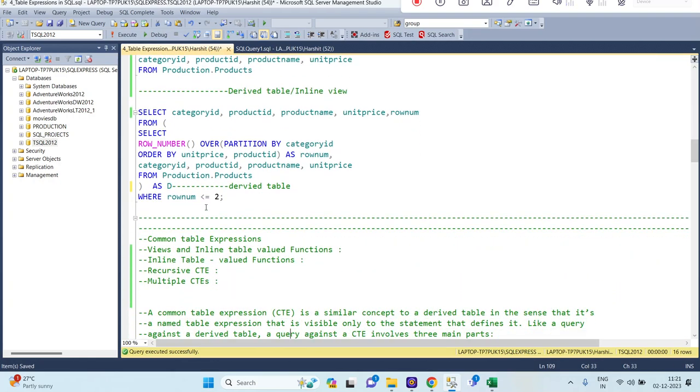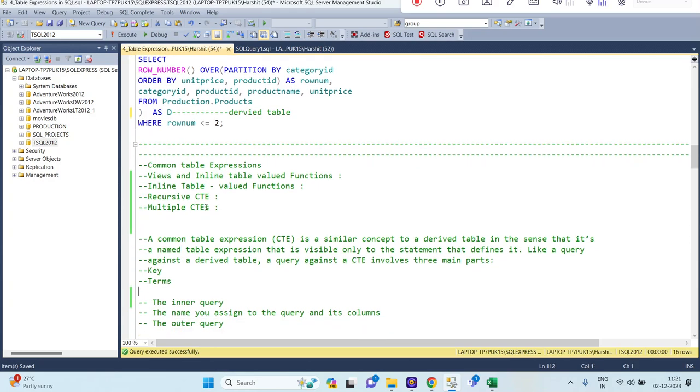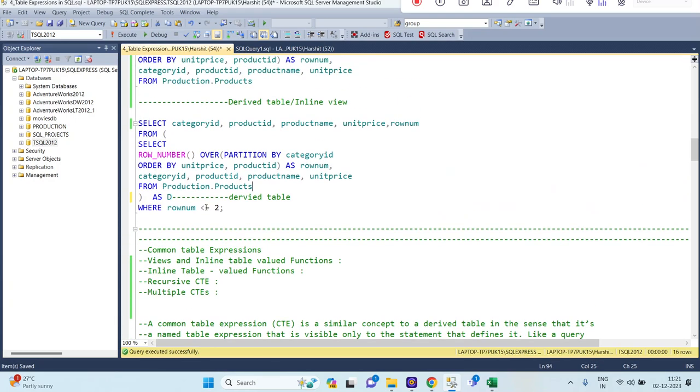Right, sir. Okay, now let's jump. Now the same thing. Do you have any idea about the same thing in SQL? What is the speciality of SQL? We can use multiple concepts to do one kind of thing, one kind of result set. So this is one concept, which is derived table, to get this information. Now another concept. Do you have any idea what another concept we can use to get the same result,